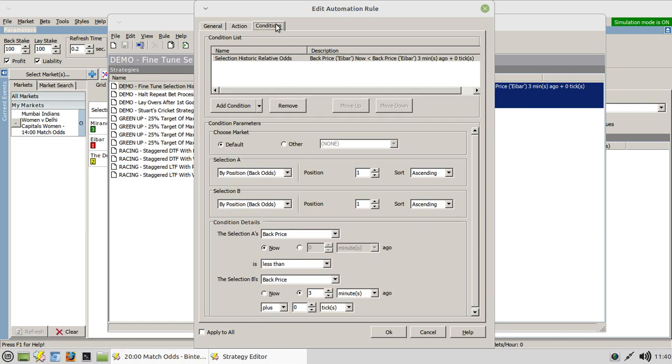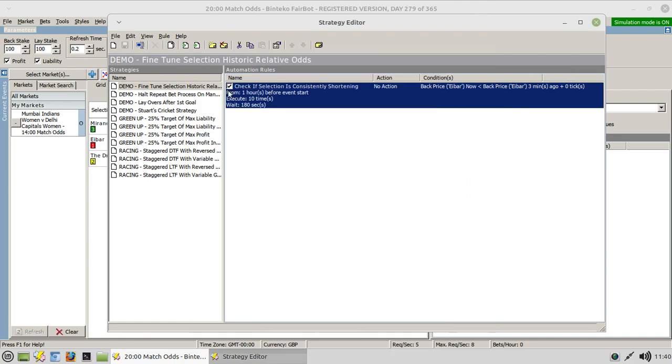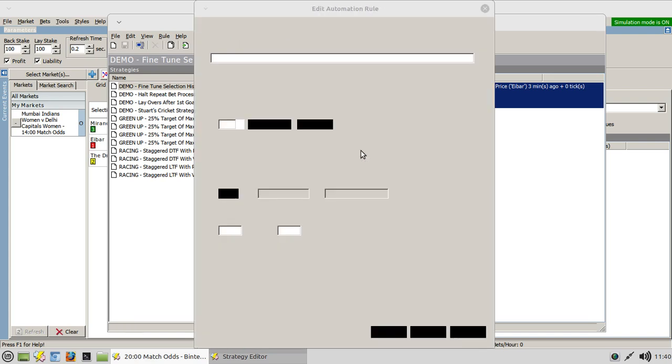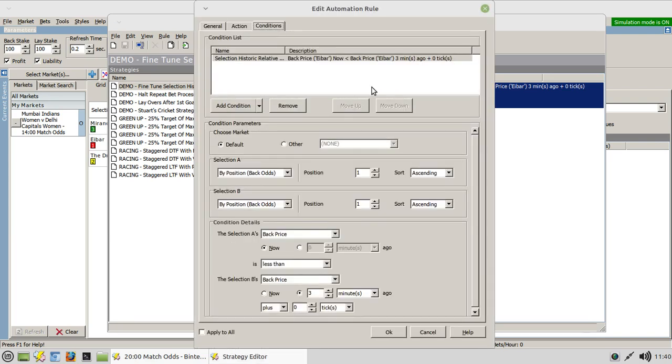Okay, so in this demonstration that I've already set up, we're going to check to see if the selection is currently shortening. So on the Conditions tab, I've set up this mechanism here where I am checking the current favourite.